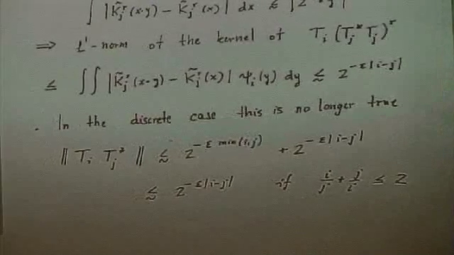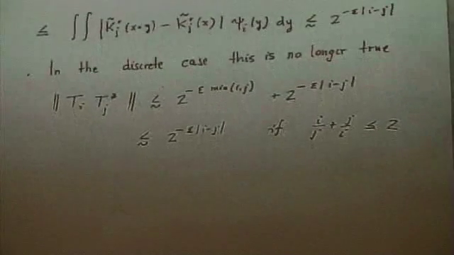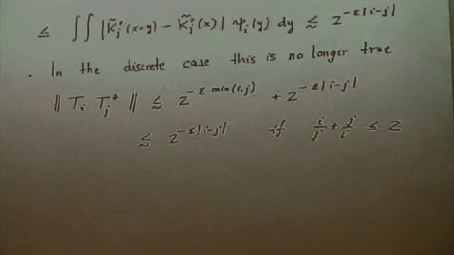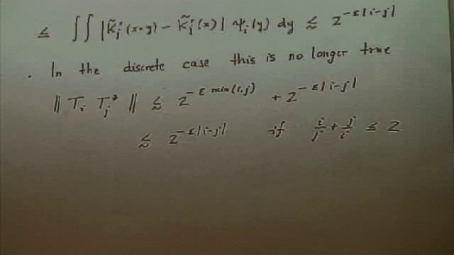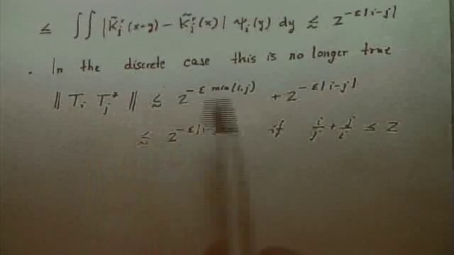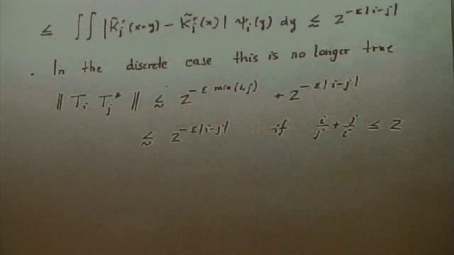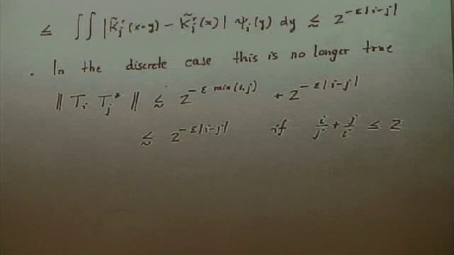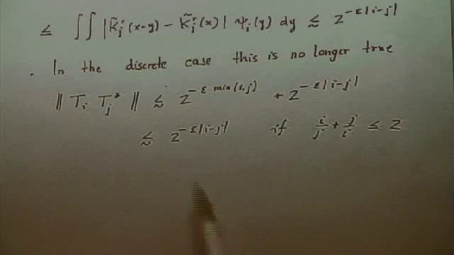So the main problem for us was, that's why we didn't really want to think about this approach for a while, that this is not true in the discrete case. The best we could prove, the best what is actually true for the norm of the product of two pieces, is that it is bounded by one term, which is what we need, plus another term, unfortunately, which is just basically as small, depending on the smallest of the indices. This is still the right estimate as long as i and j are of the same size, and we will exploit that. So at least in that case,